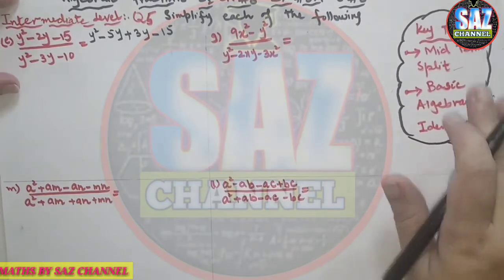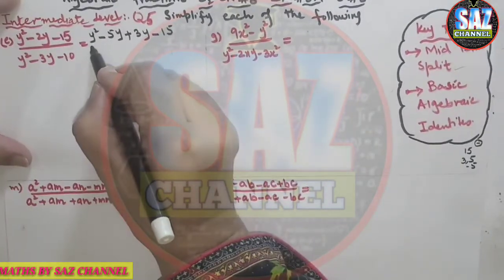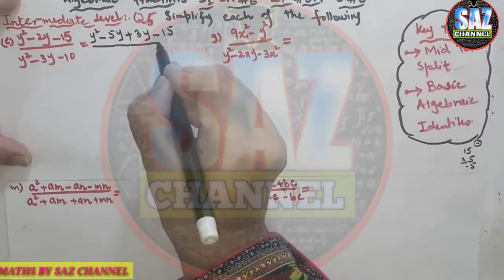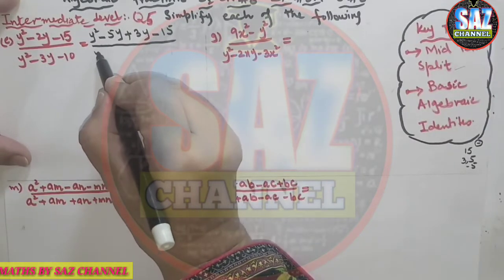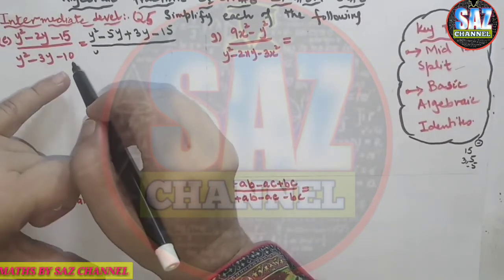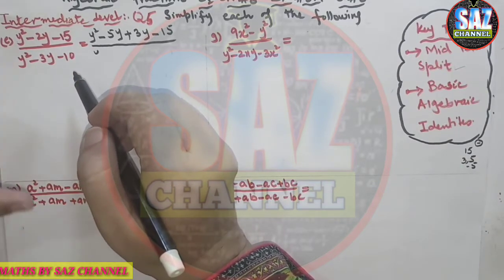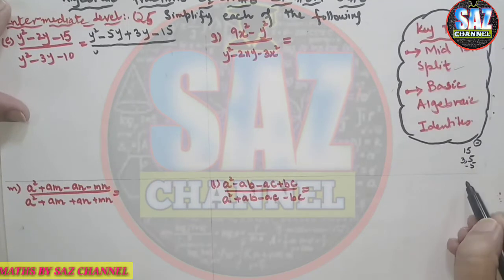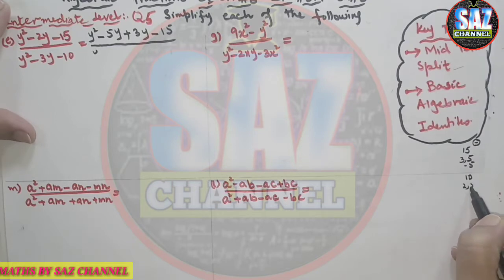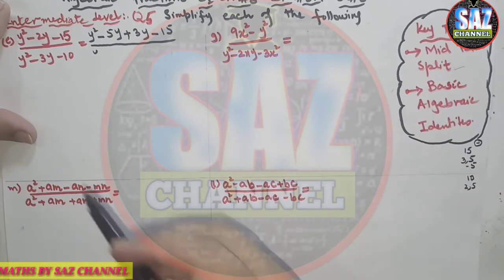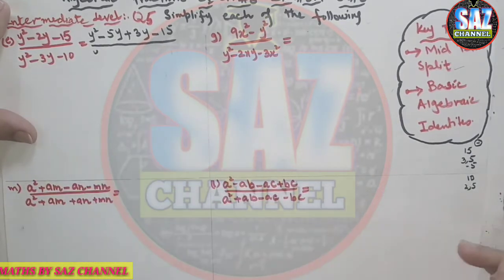Coming to the denominator, the denominator is also an application of middle term breakage. It's a quadratic expression. Again, we have to multiply 10 with the coefficient of the square term, that is 1. The product comes 10 with minus sign. We have to make the prime factors of 10. The factors of 10 are 2 and 5. Again, we have to set the factors in such a way that when we add or subtract, we get minus 3, and when we multiply, we get minus 10.